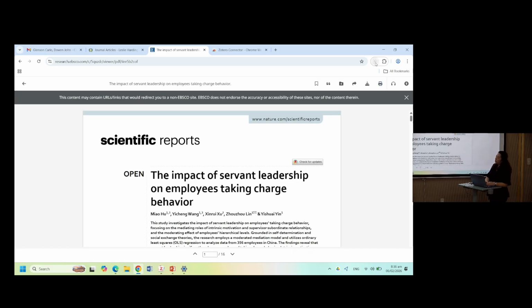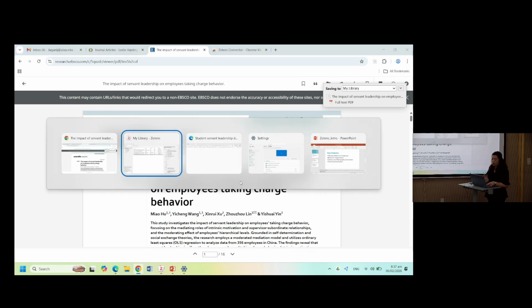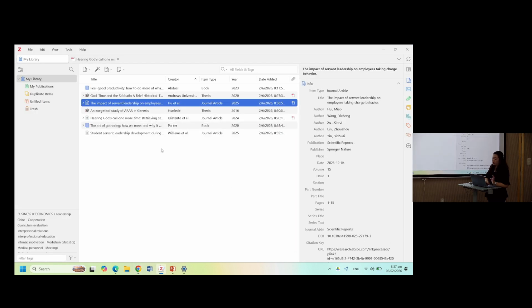Okay, so you can see that the Zotero connector is now a paper. So you just click on that and it will import the material for you. Okay, so you just have to make sure that your Zotero connector changed its icon and at the same time the whole page loaded, or else you might have trouble with that one.